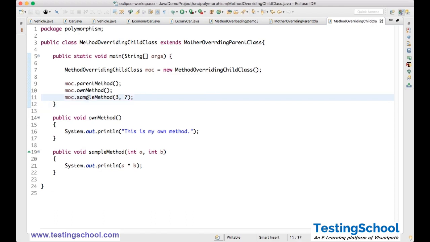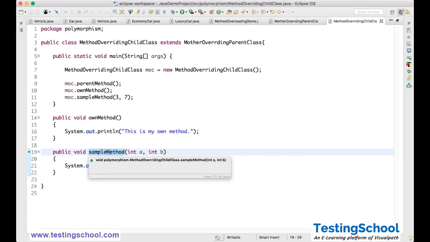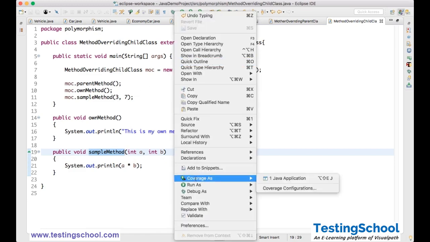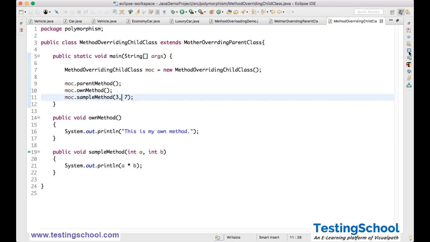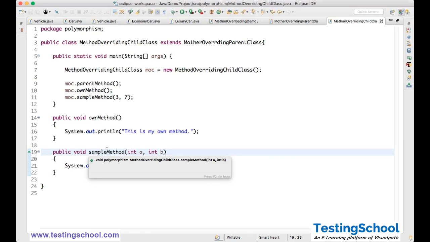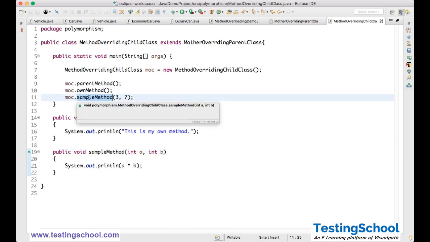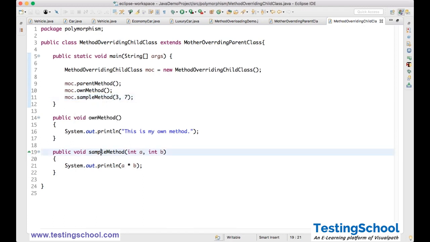So now tell me, this sample method is coming from the parent class or this class? When you control click, you see that it is going here only, in the same class. So it is the child class. So when I execute this now, you see 21, 3 into 7, 21, right? It is executing the same class method, but the sample method is available in the parent class also, and I am calling this. So why is it taking this method,